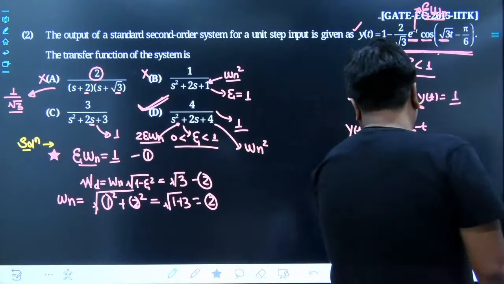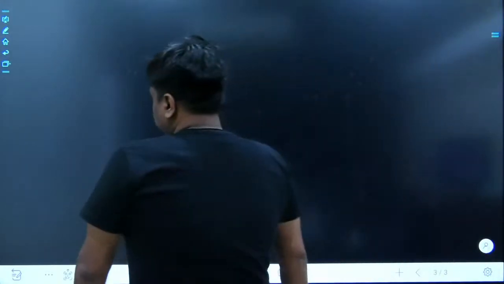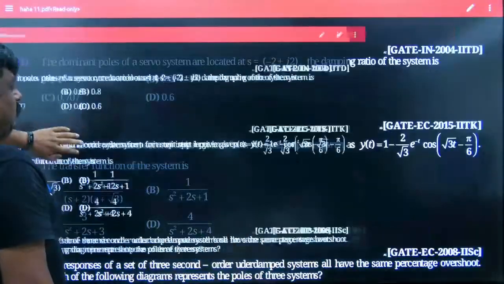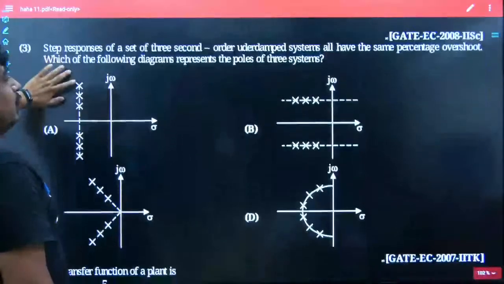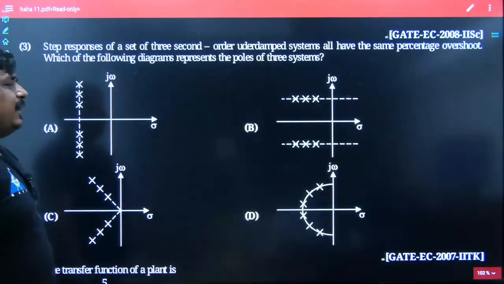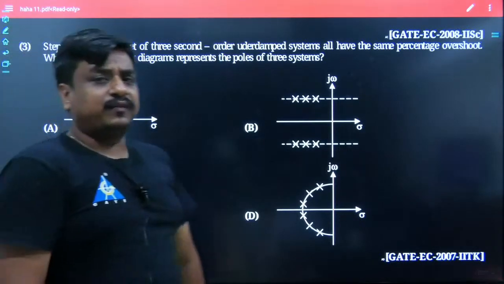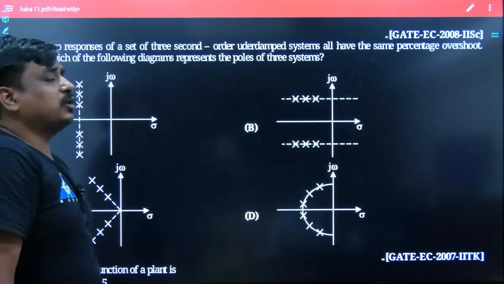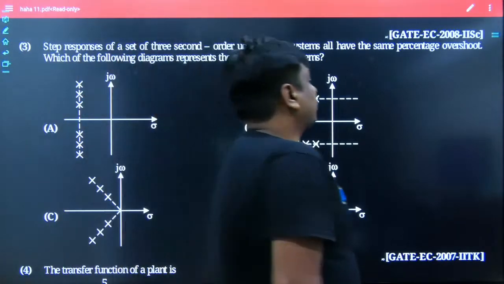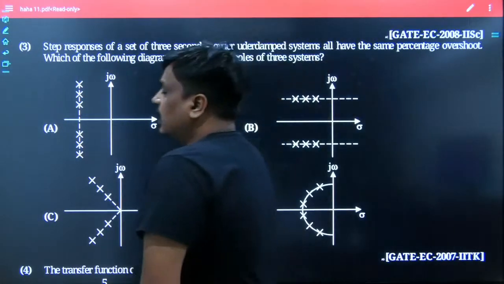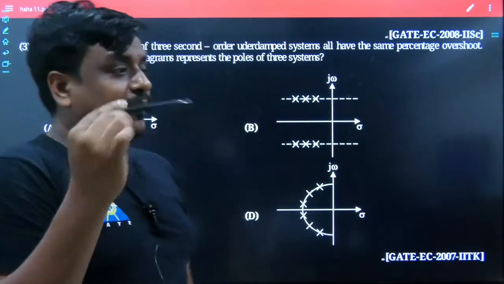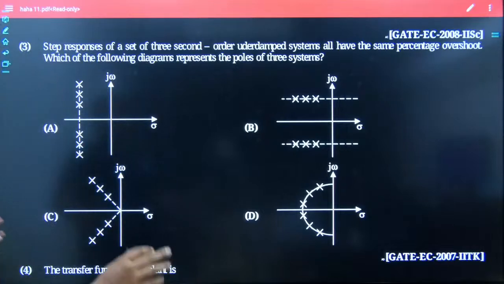Agreed. In the same sequence, I think it's the right time to move forward and take the next question. Here goes the third question. Again, a well-designed problem. I won't say it's a very difficult question, but a well-designed problem experienced by the electronics people. In the year 2008, the problem was framed by ISC Bangalore. Read this problem carefully, and try to give me the best answer for this problem.